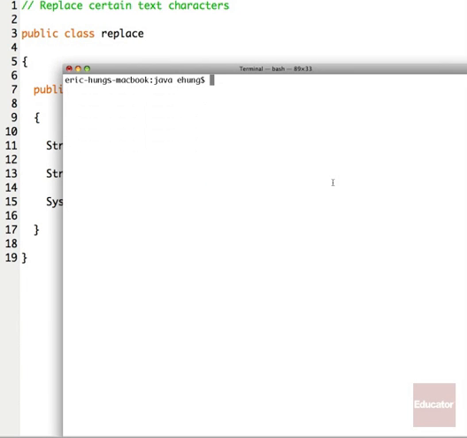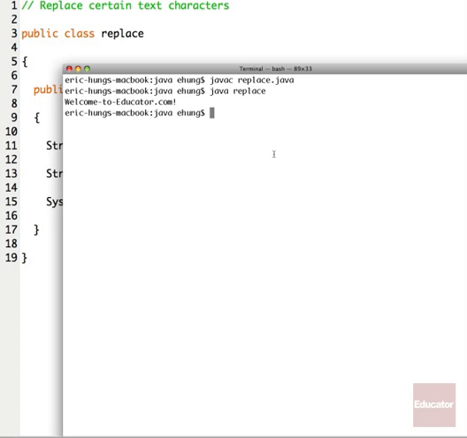All right, when we run and compile this, first let's compile that code. So we say javac, and we're calling this program replace.java. It runs and compiles, and then we say we want to run that program, java replace, enter.